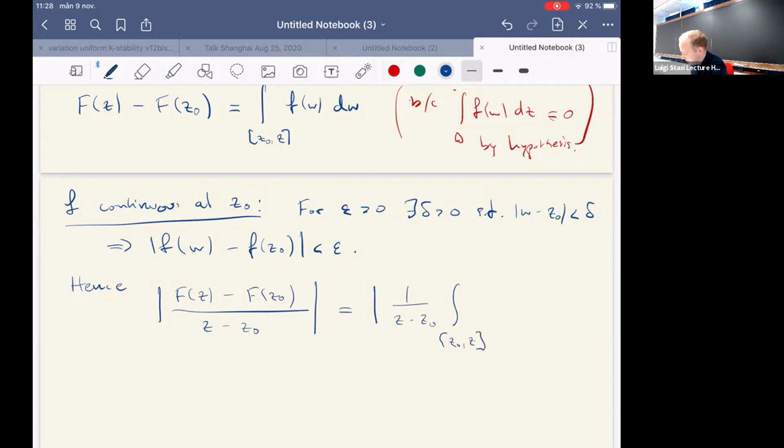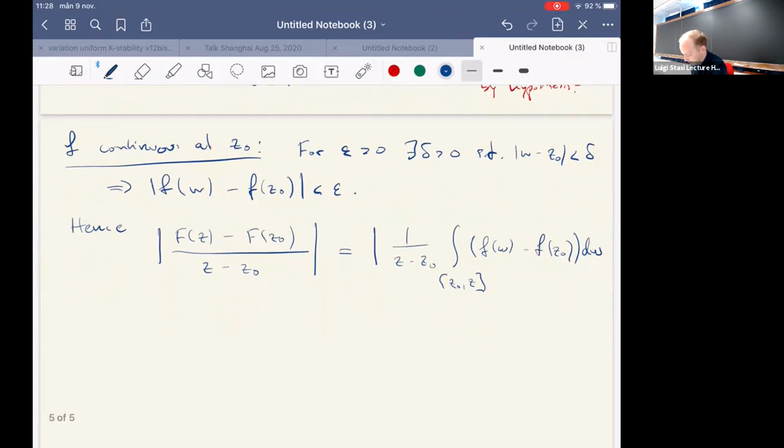Now, going back to the definition of capital F, it was given by such an integral. And now this is less than or equal to epsilon